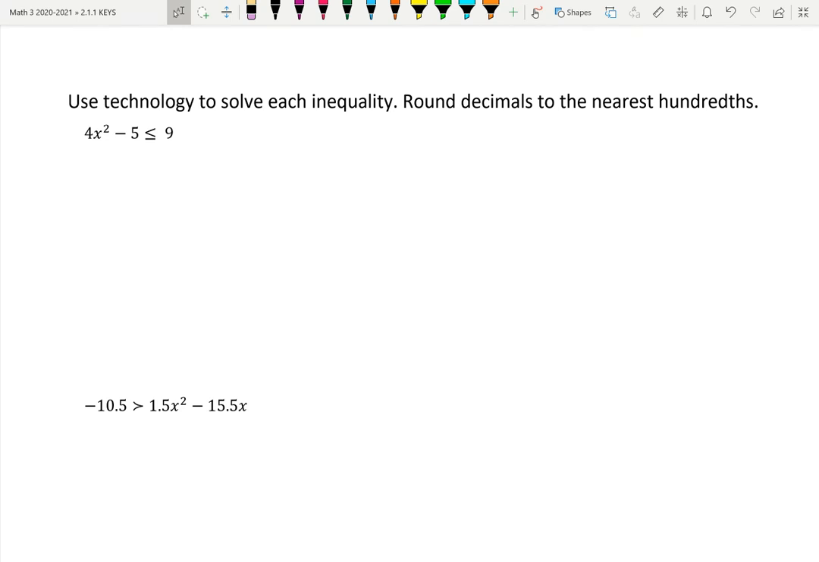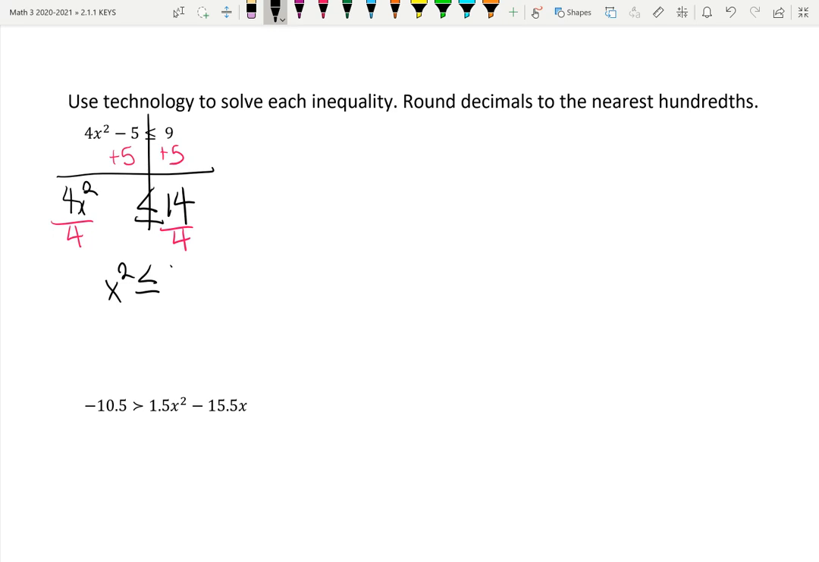Looking at this first one, I'm going to take the inverse of -5 to both sides. This is going to result in the equivalent inequality of 4x squared being less than or equal to 14. I'm going to divide each side by 4. This is going to leave me with x squared is less than or equal to 14 over 4. I'm going to go ahead and reduce 14 over 4 to be 7 over 2 because I see that they're